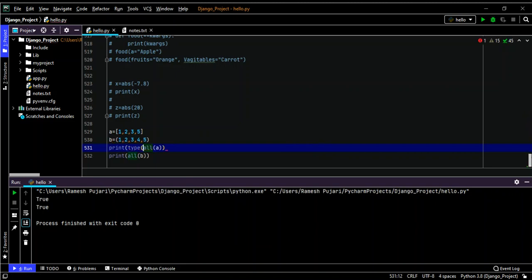Type of, so it belongs to which type, we will get to know the details. See, these are the boolean. Okay, one second. So I will take differently, then only you will get to know the details, like whether it is a class list or whether it is a class of tuples or whatever. So which type I get shows what type of data it is.